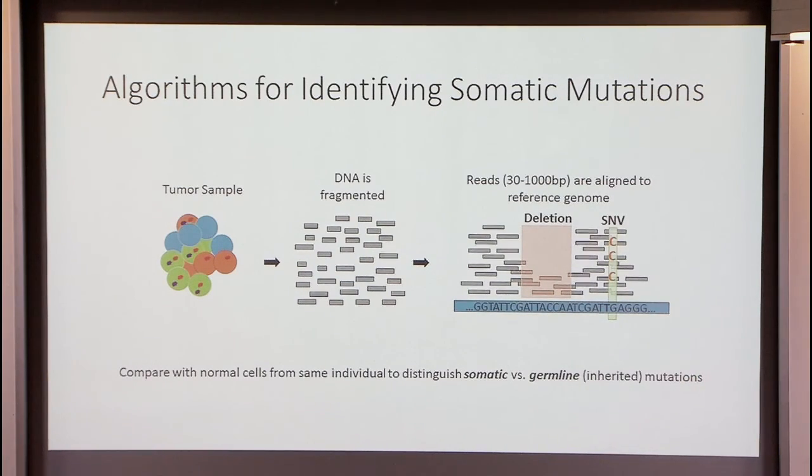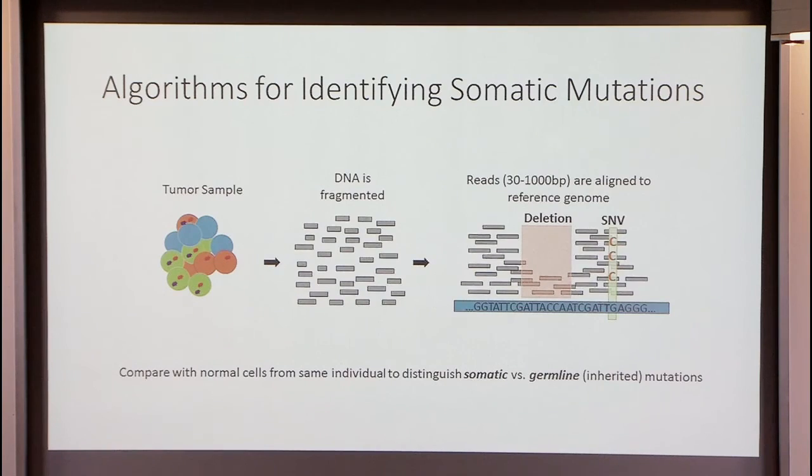And there are two main signatures in the data. One is obviously the composition of the read. So if there's a change in a base pair, for example, relative to the reference genome, that's an indication of a mutation at this point. And the second signature is what they call depth of coverage. So you look at the amount of reads that you find in a certain region of the genome, something that Leo just called counting this morning. So if the counts are decreased, for example, like in this region, that may indicate a deletion or a similar